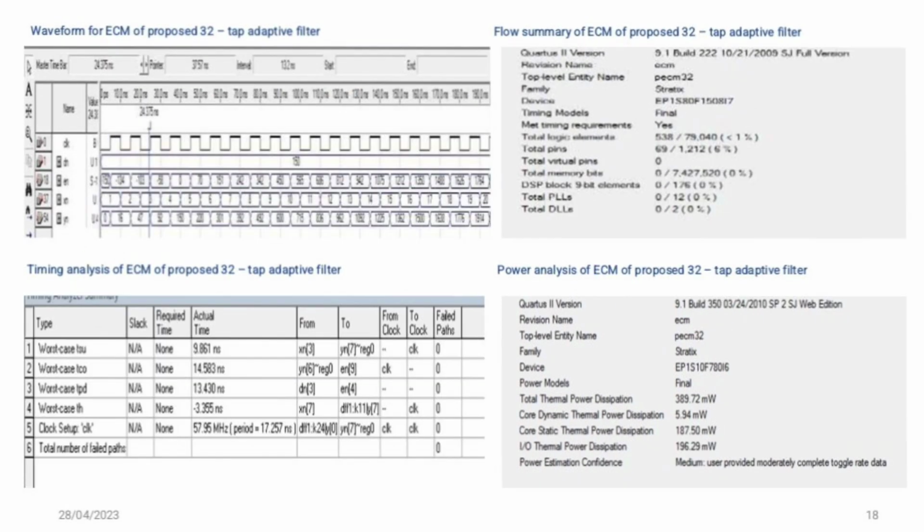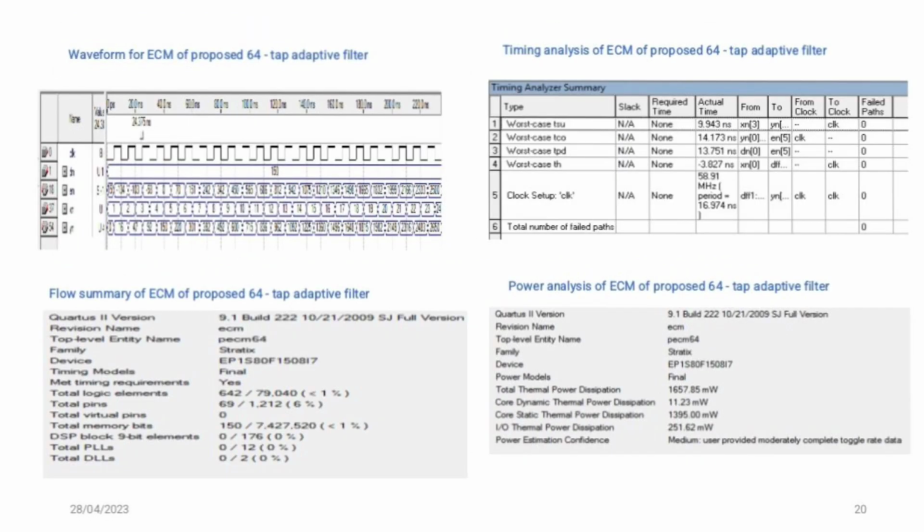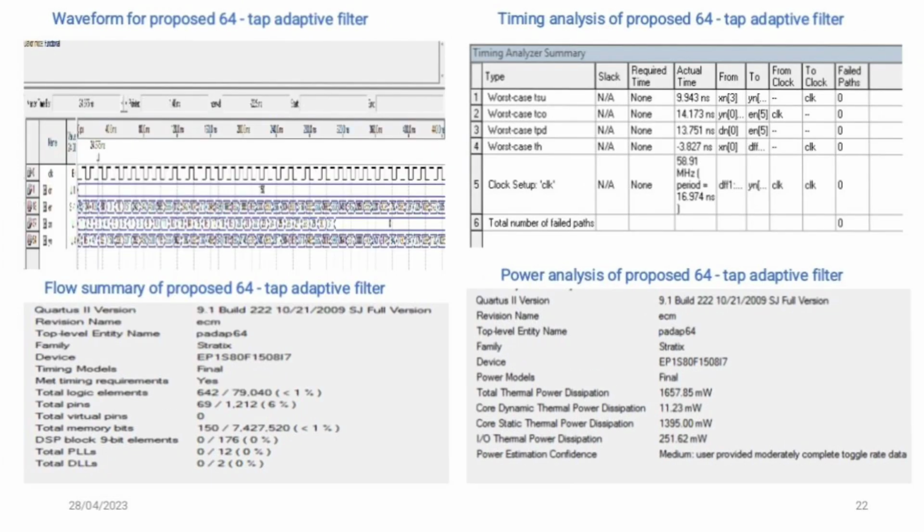And the same way is taken up to 64 taps of an adaptive filter, where the performance is increased when compared to the existing system. For the 64-tap adaptive filter, the area covered is 642 logic elements or logic cells, and the time taken is 9.943 nanoseconds, and the power consumed is